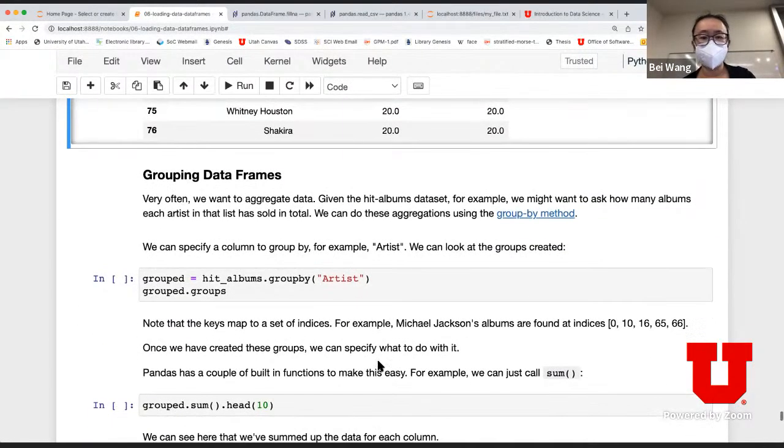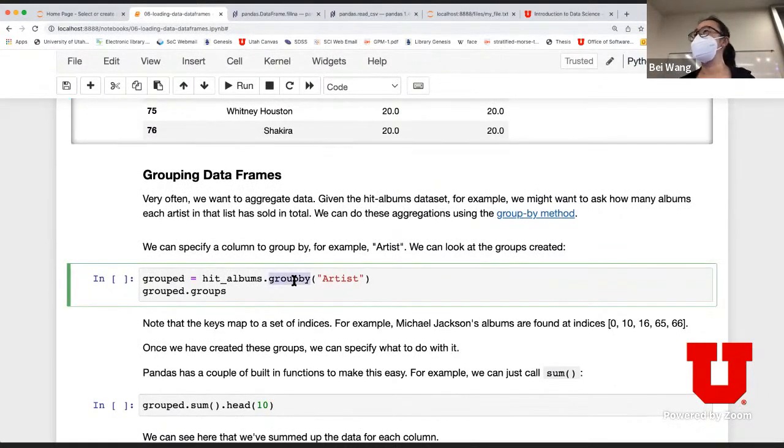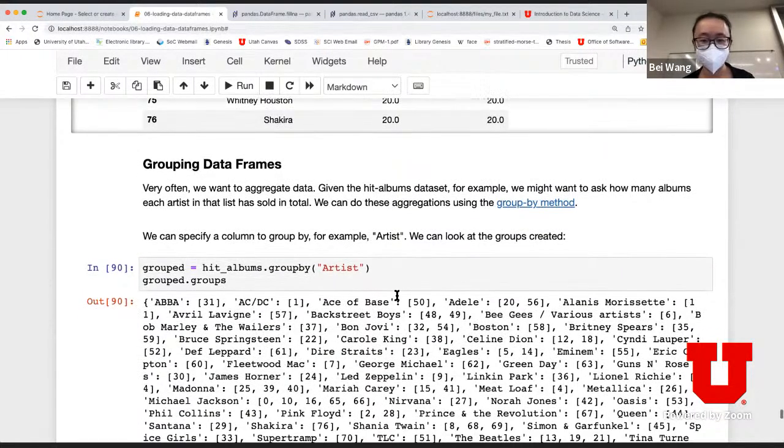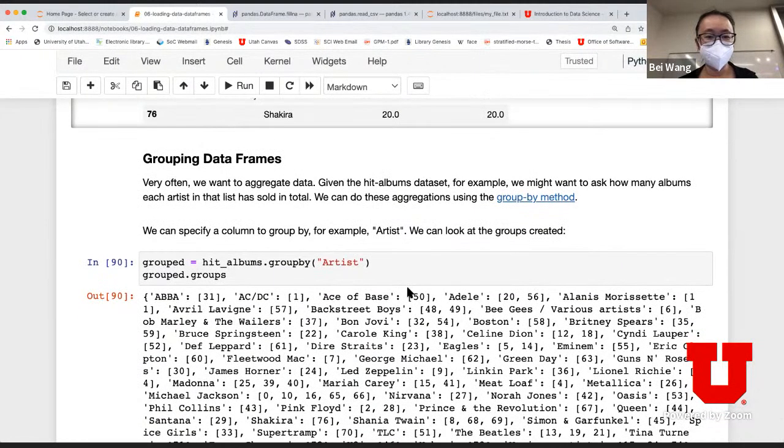And finally, I don't know how much time I have left, but I'm going to talk a little bit more, which is grouping. And if we don't finish, I think Anna will pick it up. I'll let her know. You can group by artist. What does this do? Remember, Michael Jackson has 5 records. I can group them into one single row. So when I do this, of course, it's going to look a little bit ugly.